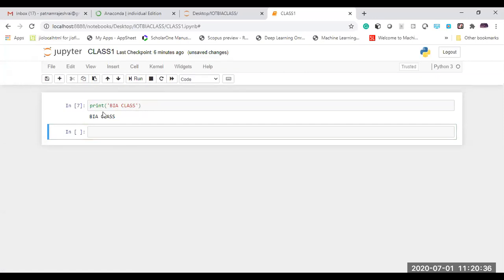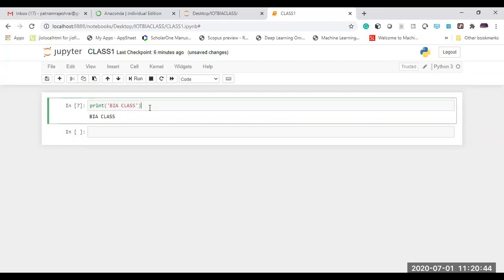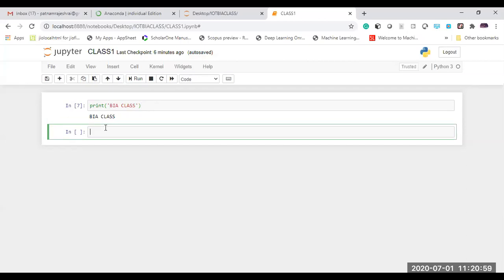One more thing: when you are getting any output or writing any content in the cell, if you are writing the print option, it should be within quotations. The content should be written within the quotation. In the same way, you can use double quotations also.